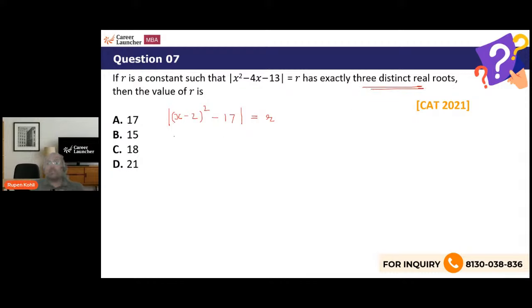Let's see how we can ensure that. So mod of x minus 2 the square minus 17 equals R. Remember, R has to be positive, right? We can clearly say that this equation will only have solution if R is greater than or equal to 0. So this either equals minus R or plus R, which means that x minus 2 the square is either 17 minus R or 17 plus R,